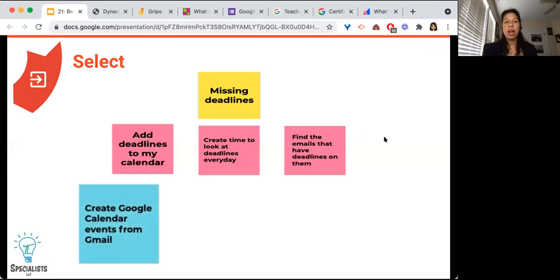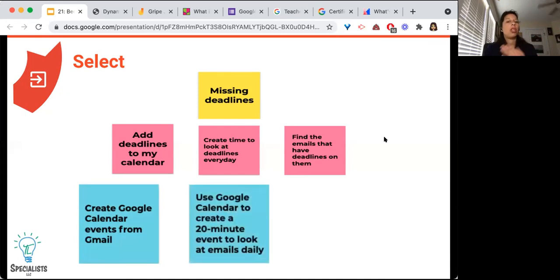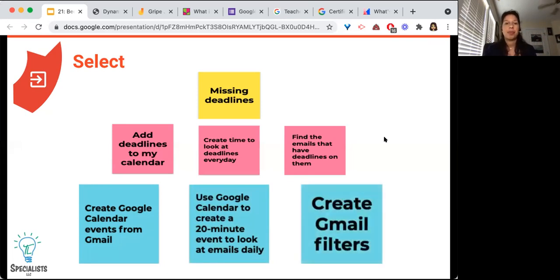So when it came to my strategies, I said, all right, create Google Calendar events from Gmail. Use Google Calendar to create a 20-minute event to look at emails daily. Create Gmail filters. And when I analyzed these and thought, okay, which one is going to alleviate most of my stress for this particular problem, this one rose to the top.